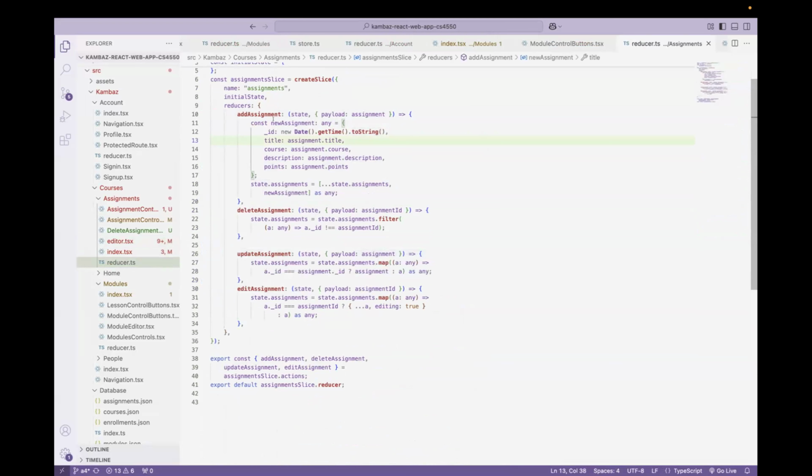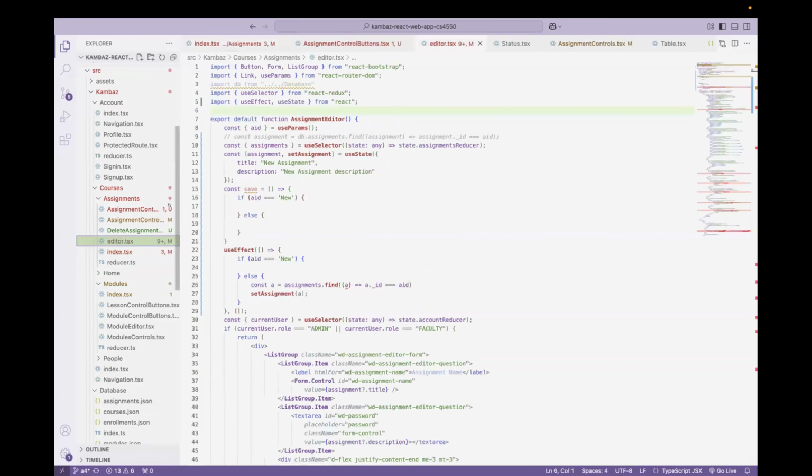If it's add assignment, you don't need this because you're passing it already. The assignment already has this. For creating a payload, new assignment, it would already have this because you're passing it. You already have the assignment object here. You have the assignment object, you would call something like dispatch,